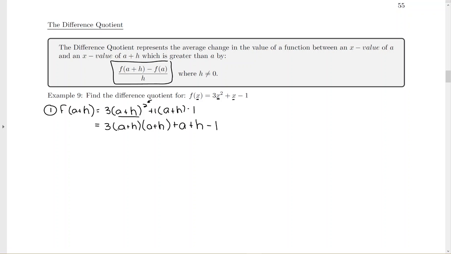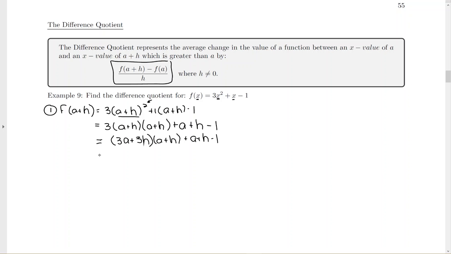From here, this first term, you can do a couple of things. You can either FOIL and then multiply by 3, or you can distribute the 3 and then FOIL. It doesn't really matter which way you go. I'm going to go ahead and distribute the 3 inside first. Notice when the parenthesis closes, that's when you stop distributing the 3. And then go ahead and FOIL